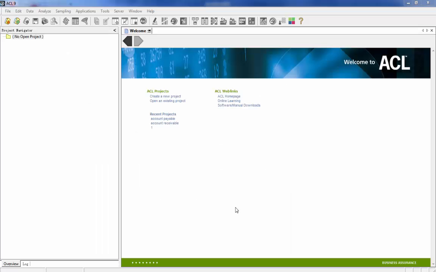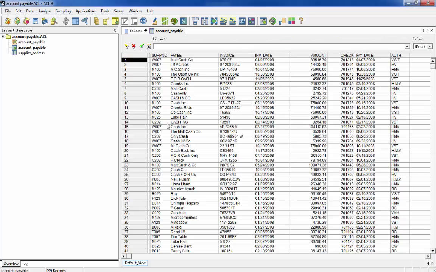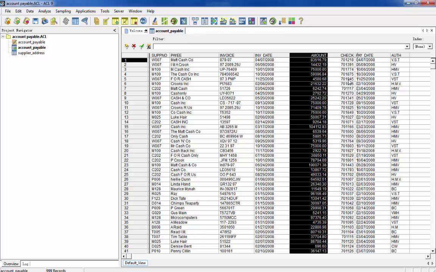Now let me show you how to conduct Benford's law analysis using ACL. Remember, last week we imported accounts receivable and accounts payable data. In today's lecture, I'm going to use accounts payable data. So let's go to the table first. From this table, you can notice the amount field, and this is the variable that we are going to use for analysis. So if we choose analysis,